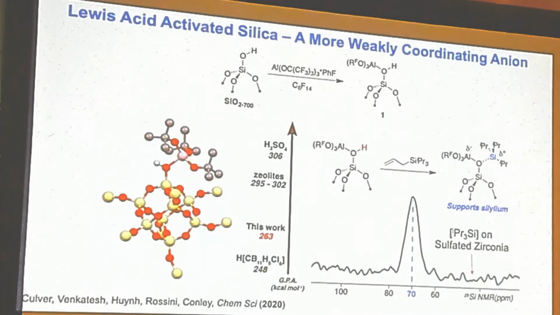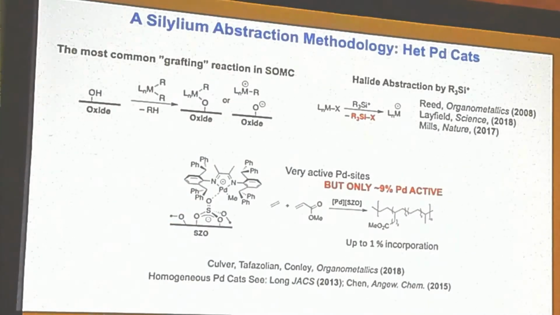This is a DFT model that matches all of our experimental results. When we graft a silane on it, we shift downfield by another 13 ppm, indicating to us that this is a more weakly coordinated support. Okay. So I mentioned in the title that this was all going to be about silurium abstraction, but what I've